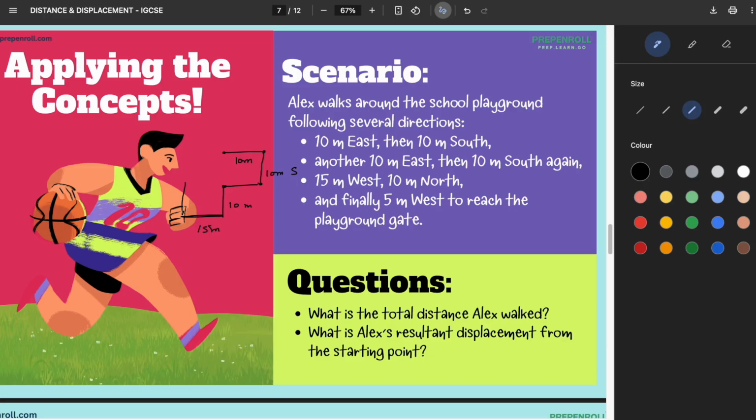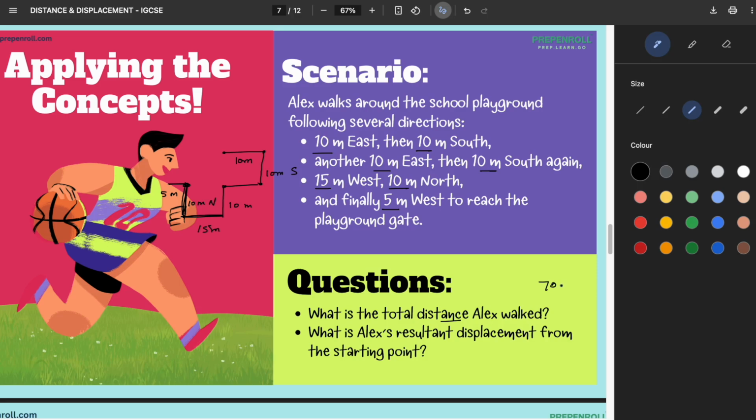So here you reach 10 meters north. Just ignore how I'm drawing. You reach somewhere here, correct? And finally 5 meter west to reach the playground. I hope we are clear. Now it says, what is the total distance Alex walked? You just need to add 10 plus 10, 20, then 30, then 40, then 55, then 65, and 5 meters,